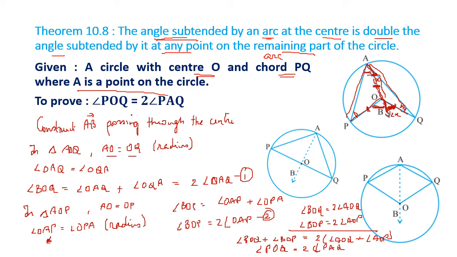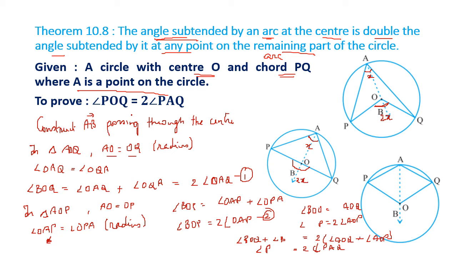That the angle made by an arc at the center is double of what is made on the circle. Okay, and it is true for the minor and the major arc all. So the theorem will state it like this: if angle PAQ is x, then angle POQ will be 2x, double at the center. The same goes for this. If this is x, again this will be 2x. You can prove it the same way.